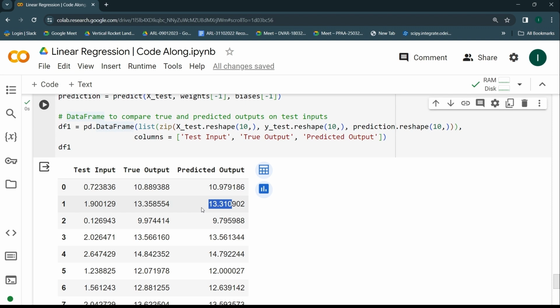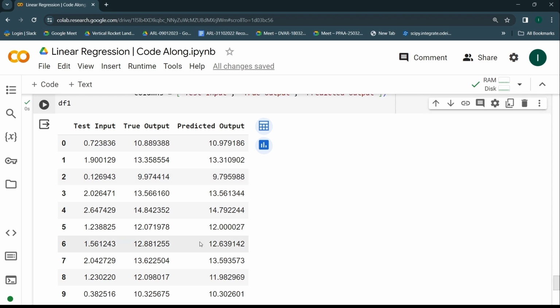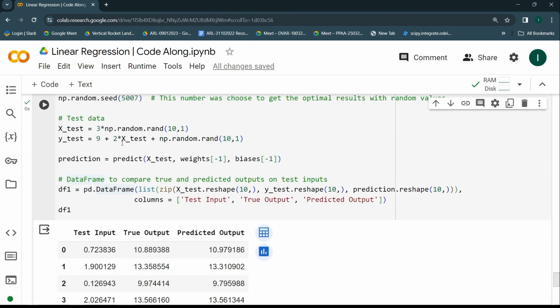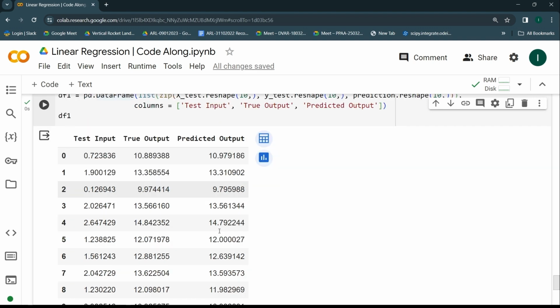Like this, you are having 10 sets of inputs. These are the respective true values, and just compare it. How close we have got to these true outputs. It means your training was pretty much successful, right? So yes, this is what I demonstrated over here, that even if you are not having the actual values of this 9 and 2, you can still get a sense of how good the predictions you have achieved. Now, if you want to compare this mathematically, not visually like this with human eyes, then you